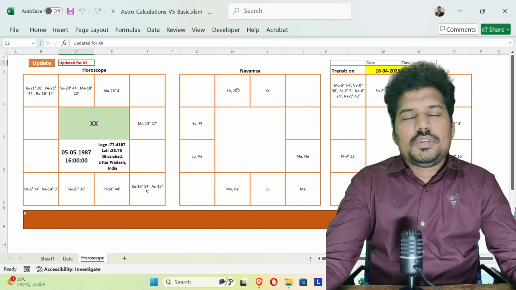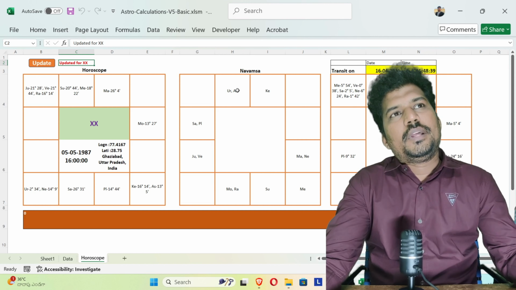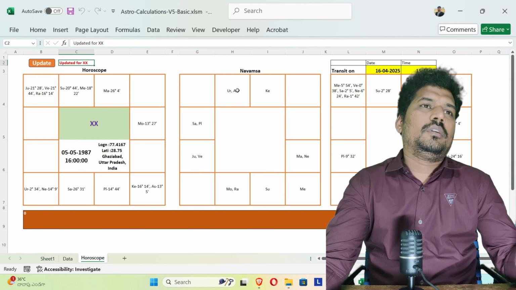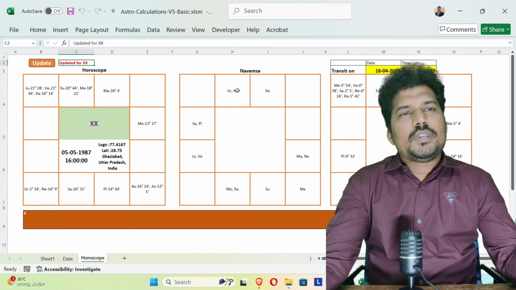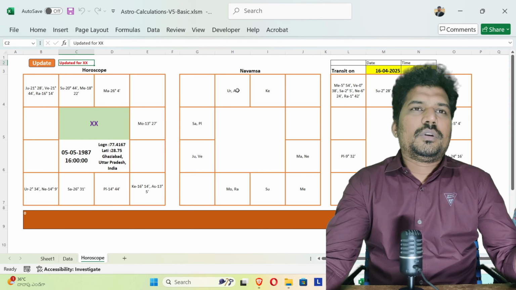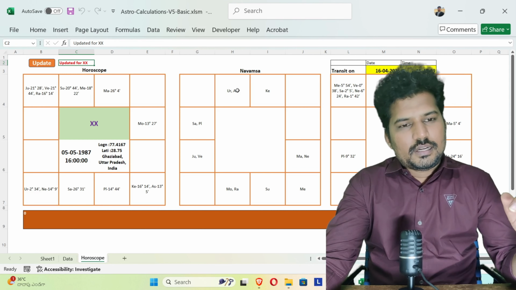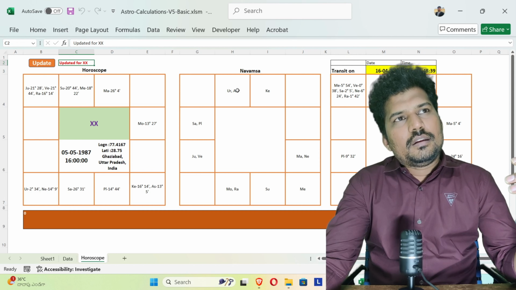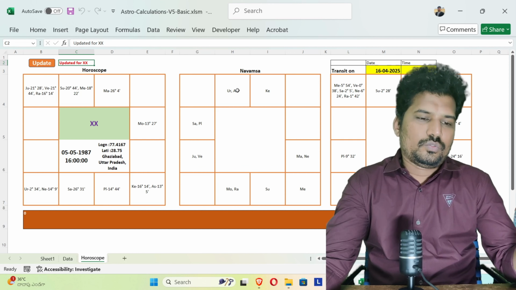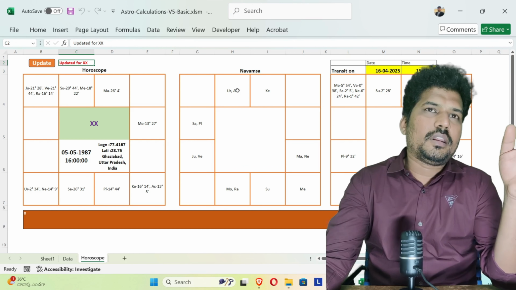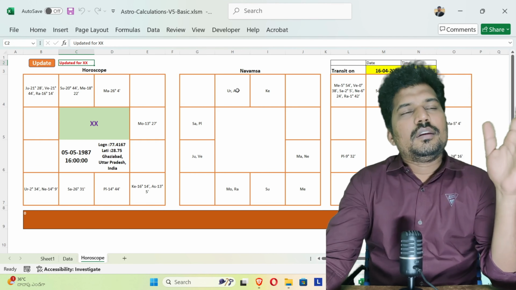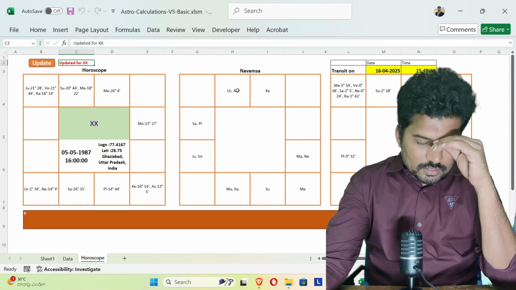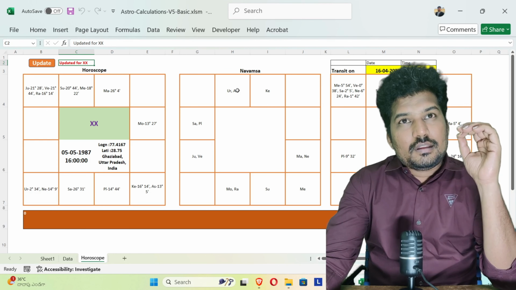In future, you're going to get a much more upgraded Excel file for the same horoscope. I am working on upgrading this in such a way that whatever details we get in software, we will get here. Besides that, we will get an AI interaction to interpret the horoscope. I mean, we can ask the AI to interpret a particular thing. I'm working on that. For all those things, I am working on open source Python programs only, and I am using Excel.